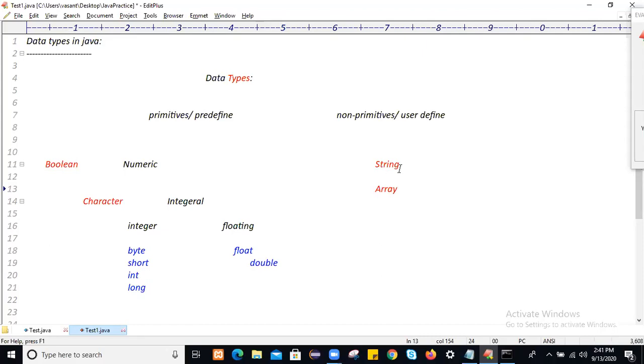So these are the non-primitive data types. Okay, these are the data types in Java. So, drawing it properly: data types differ into primitive data type and non-primitive data type. And these non-primitive data types are two types. What are those? String type and array type.